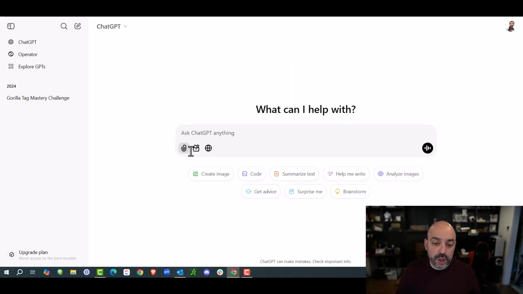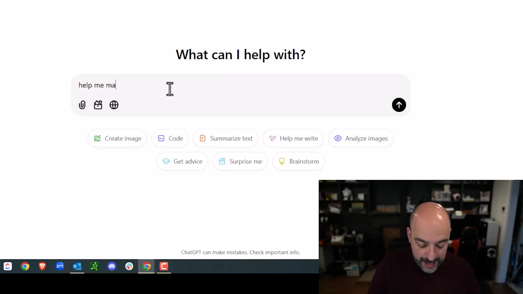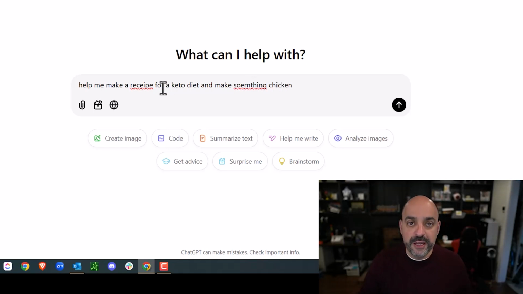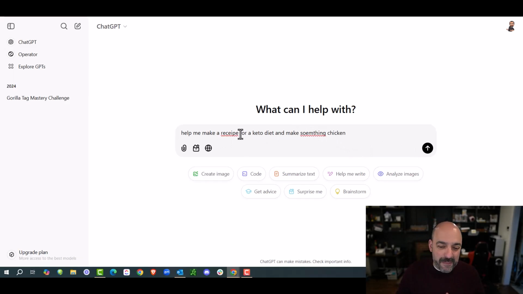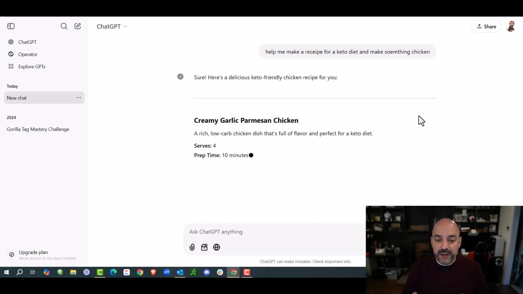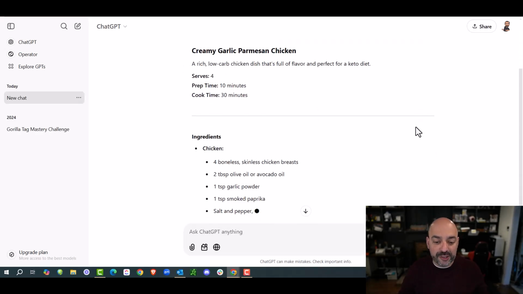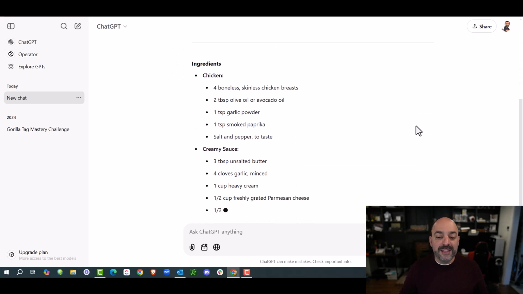Now, if you actually look right here in the center, you can immediately start doing something, right? So for instance, if I said, help me make a recipe for a keto diet and make it something with chicken. Now notice I'm doing a very, very simple prompt. I'm not even trying hard to make this thing really think differently. And I got misspelled things because I'm trying to show you how simple it is to actually use this thing. And that's what I'm trying to do. I purposely misspelled things, and there you go. It immediately made a keto-friendly recipe. It's doing all the things that I want, and then I can go deeper with it.